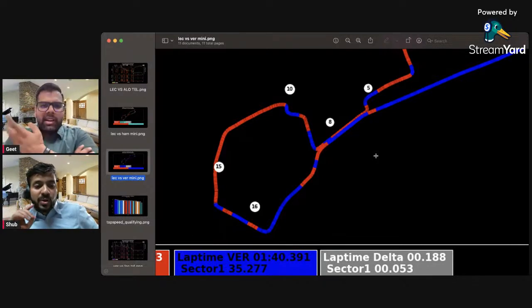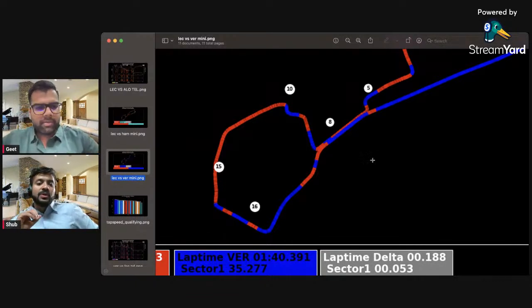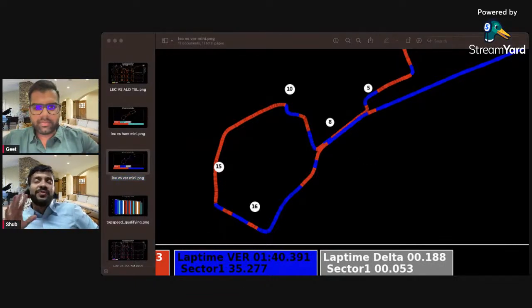Why do you think this is there like that? So we thought that like you mentioned, aero efficiency is much higher there. Then what happened? So the Ferraris have been very good in low speed corners, right? Now what I think is this is a bit of Leclerc magic, because if you see his Q2 time,